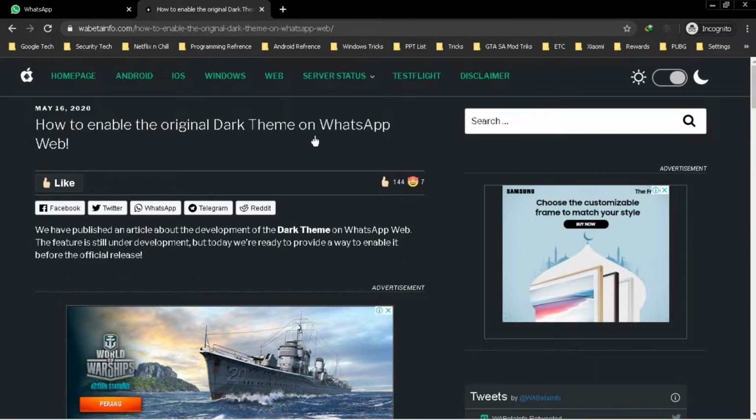Okay, to enable the original dark theme on WhatsApp web, we don't need to use add-ons or third-party tools anymore. There is some trick to enable the original dark mode. We need to edit some HTML code to activate it,